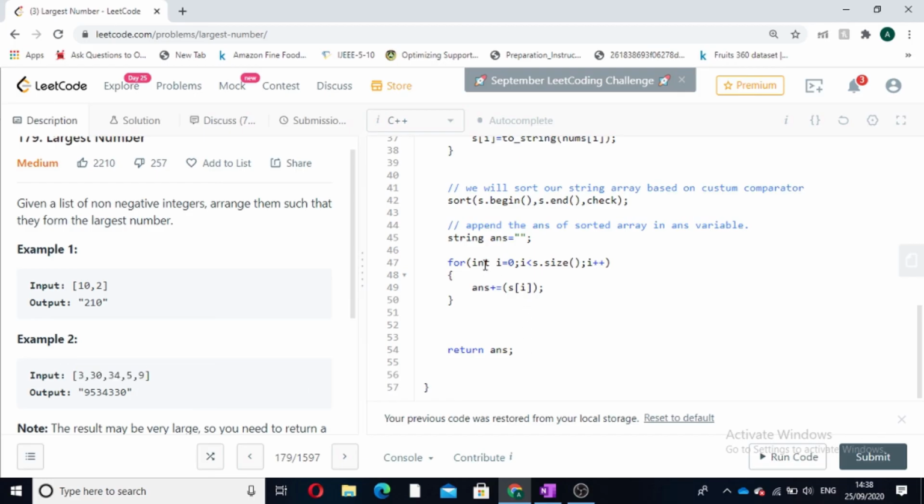So now we have to do nothing, but we have to take a string answer variable which will store our answer, and we have to append each and every element in S[i] in that answer variable and return the answer. S[i] will contain the elements in that order only which yields the maximum number. So we just have to append these string elements in our answer variable and return the answer. So this was the entire code of this